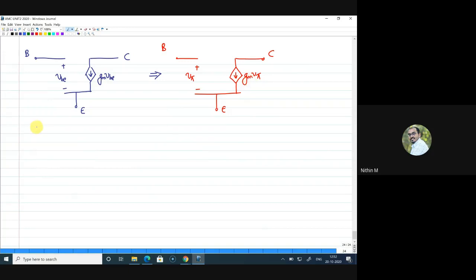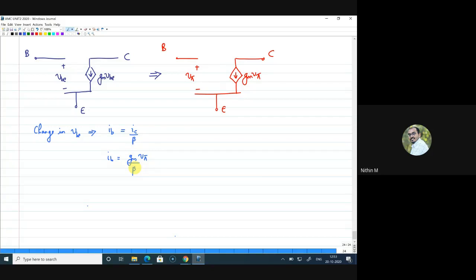Now, when you apply a small change in VB, that also results in a change in base current. So we modeled collector current here properly, but we have to look at the change in base current also. So small change in base current IB will also vary. That can be written as IC divided by beta, right? So IB variation is from IC by beta. What is IC? IC can be written as GM into V pi divided by beta, right? Because IC is GM into V pi, so it is GM into V pi divided by beta.